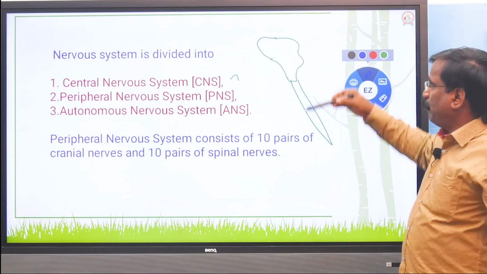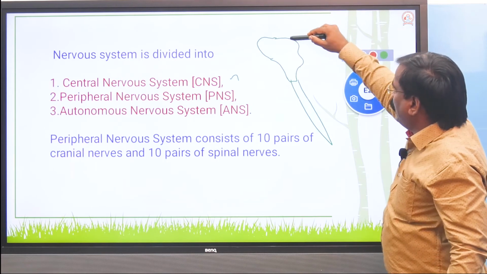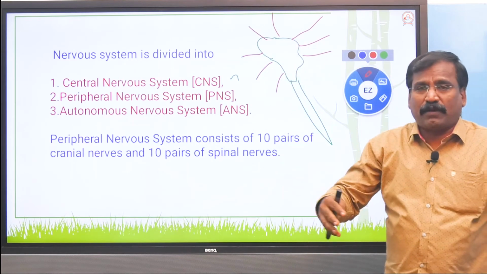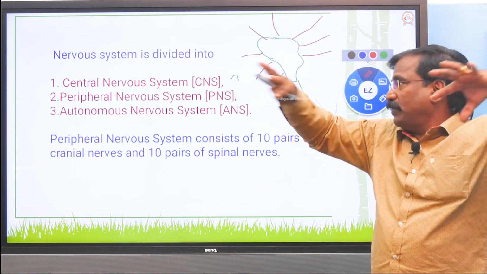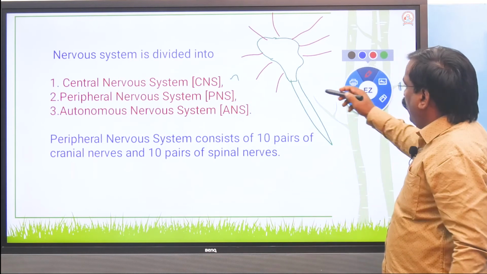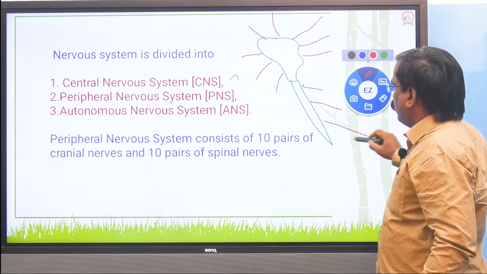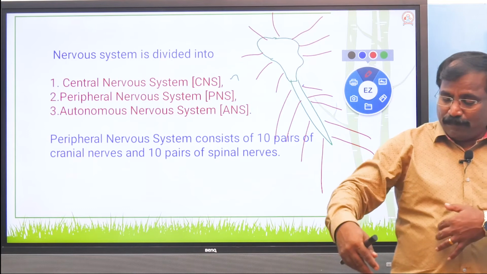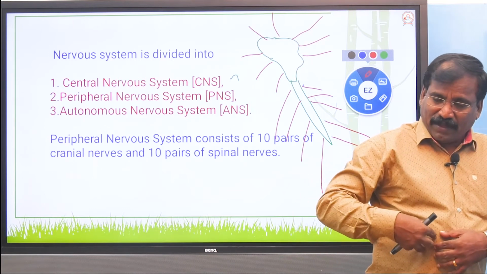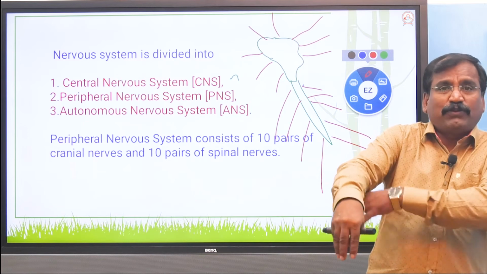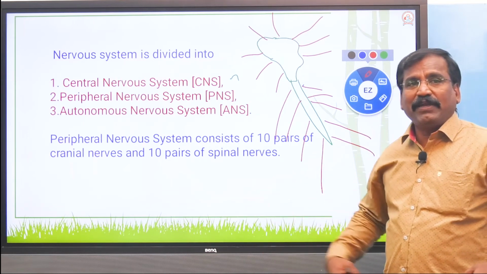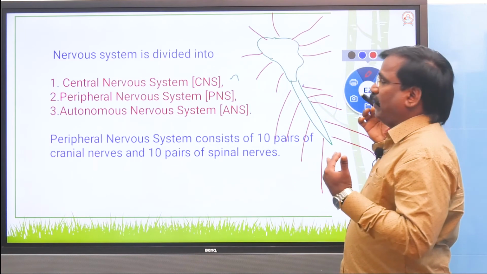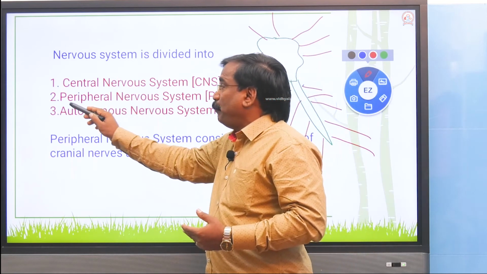What is the peripheral nervous system? The nerves arise from the brain. Periphery means outer. So what comes from the middle? Branches. The nerves arise from the brain, and similarly the nerves arise from the spinal cord. Those branches arise from the spinal cord and supply nerves to the body parts and control them. So the nerves that arise from the brain and the nerves that arise from the spinal cord constitute the peripheral nervous system,